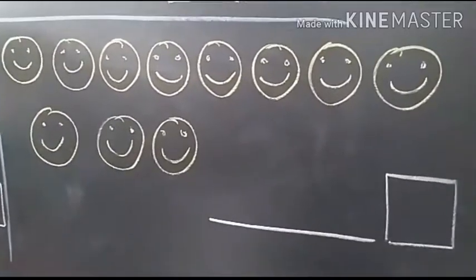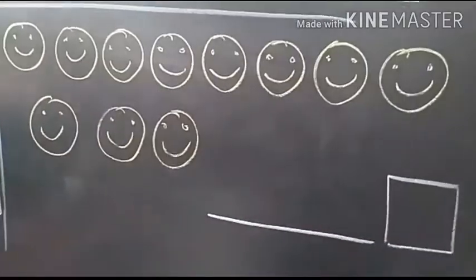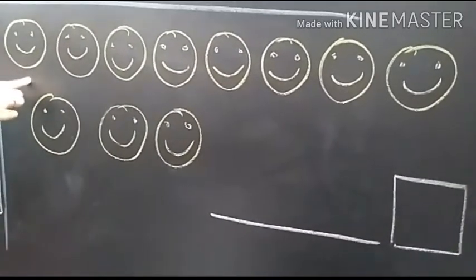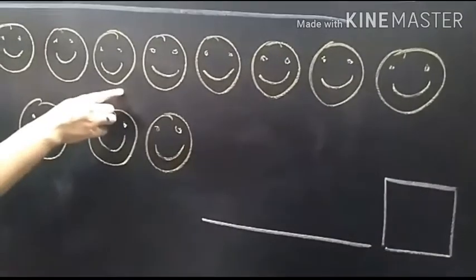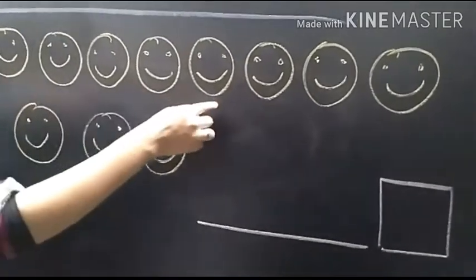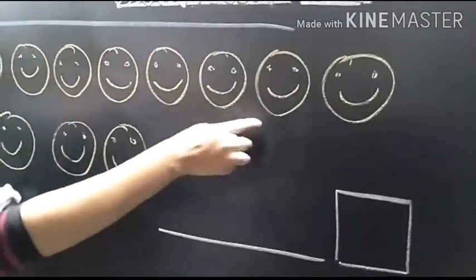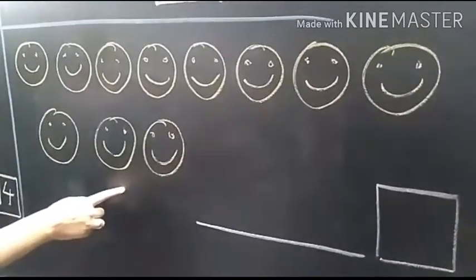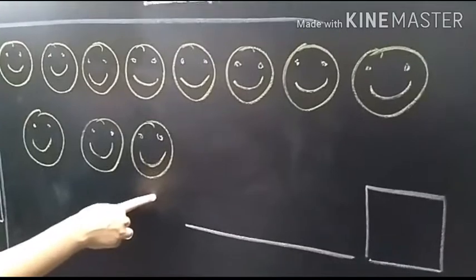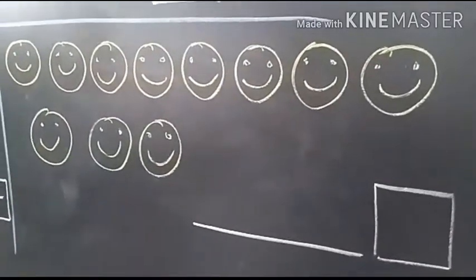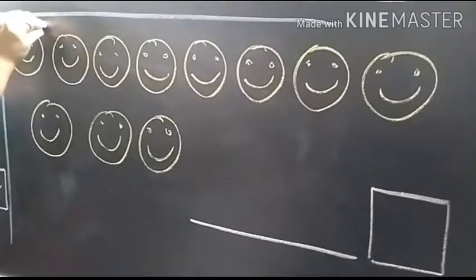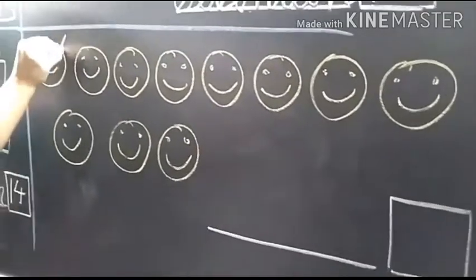Now here you can see there are so many smileys, right? Come on, let's count the smileys. 1, 2, 3, 4, 5, 6, 7, 8, 9, 10, 11. Come on. Now we all will start counting together, okay? Come on. Are you all ready? Let's start. 1,